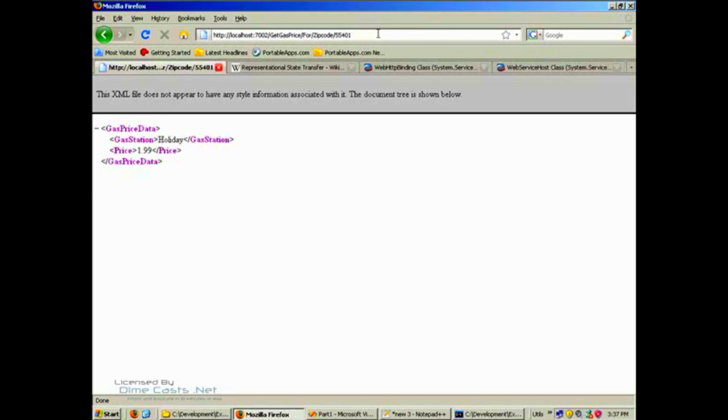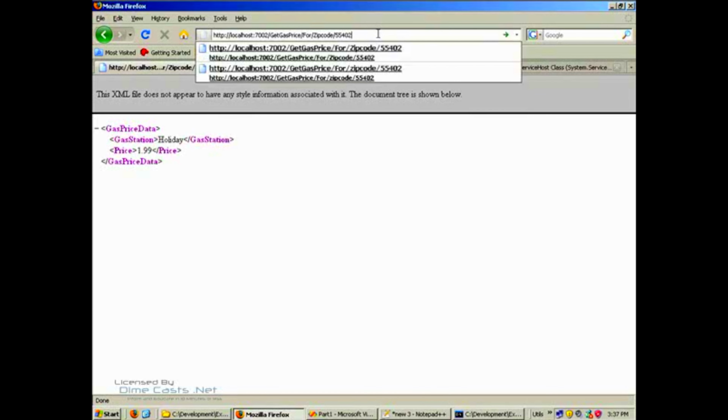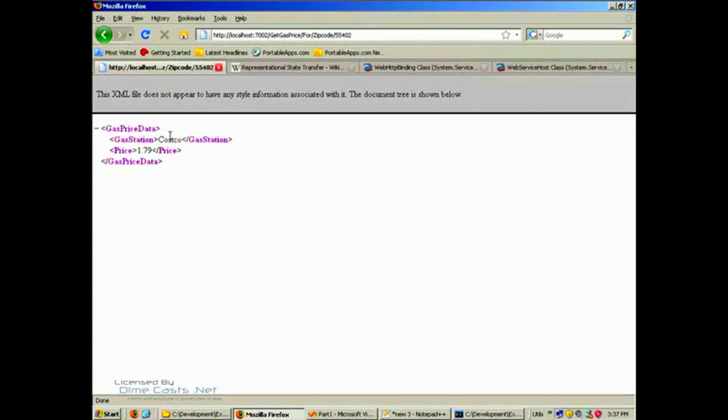The great thing about this is if I want to change the parameter, which is the last value, I can just change this to 2. Now I have a different value: Costco, $1.79. I can change this to 3: Sam's Club, $2.79. What I can also do is maybe I have another method that's implemented in this REST service,